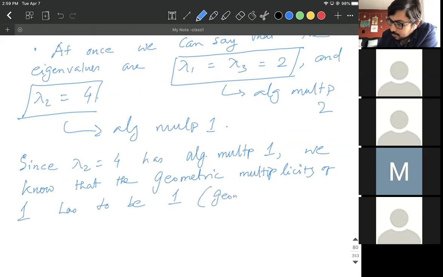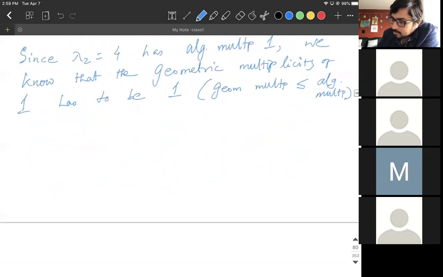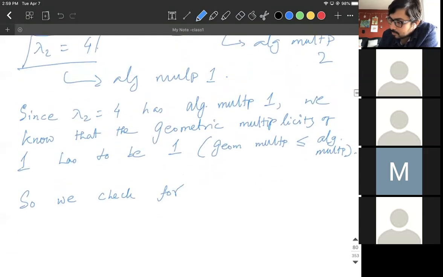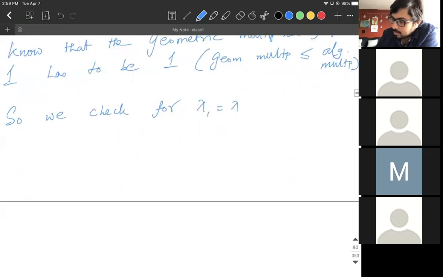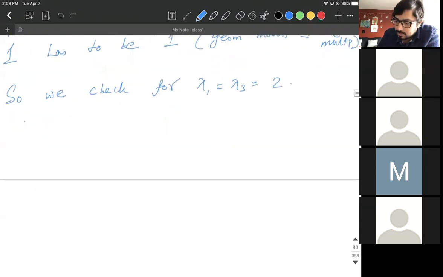So remember that geometric multiplicity is less than or equal to algebraic multiplicity. So we check for lambda 1 equals lambda 3 equals 2. Okay. So basically the eigenspace corresponding to 2. So E2 is the null space of A minus 2I3,